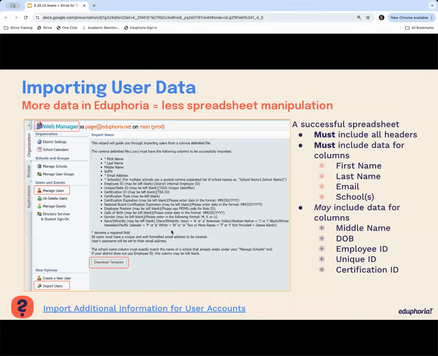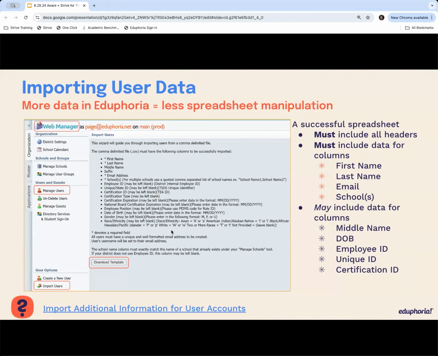There's a lot of HR-type information that we do not typically house in Strive or Aware or Eduphoria in general. But understanding that there are a lot of hoops you have to jump through to get that TIA report together before you submit it,